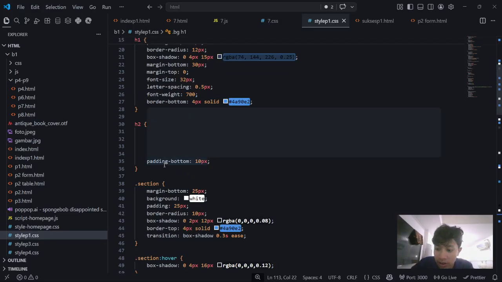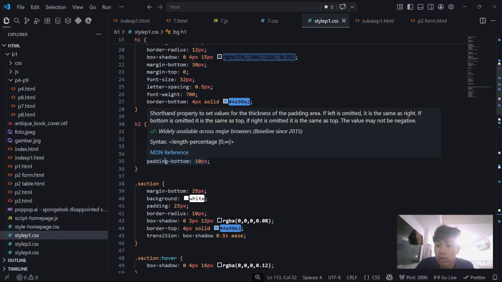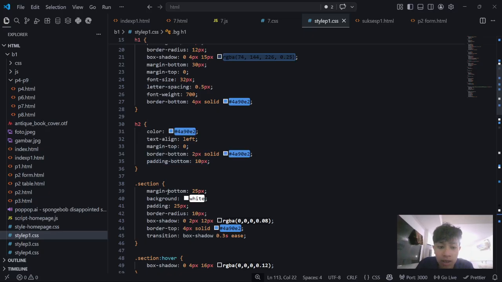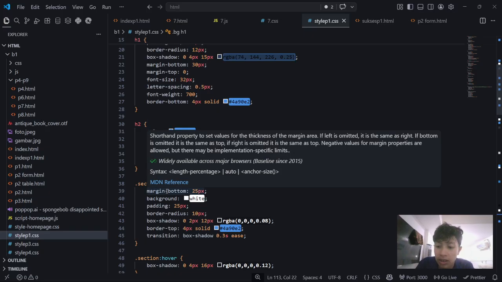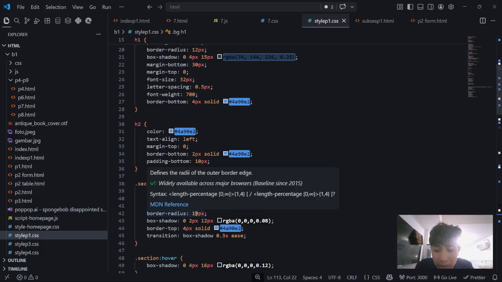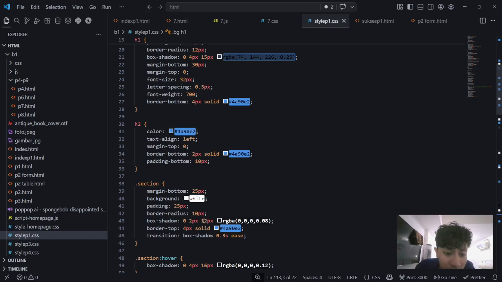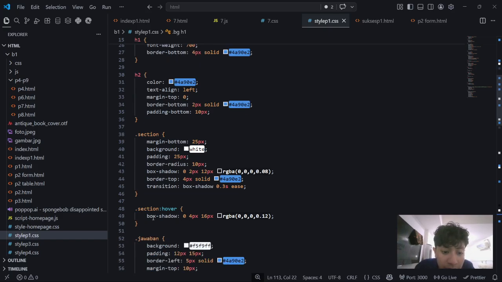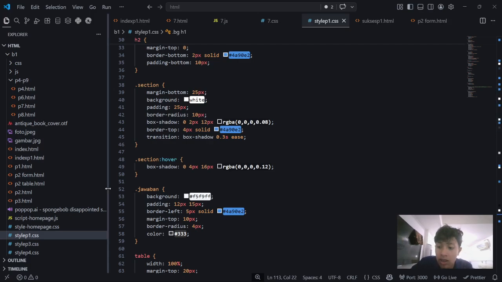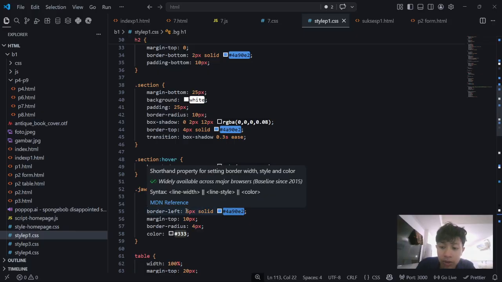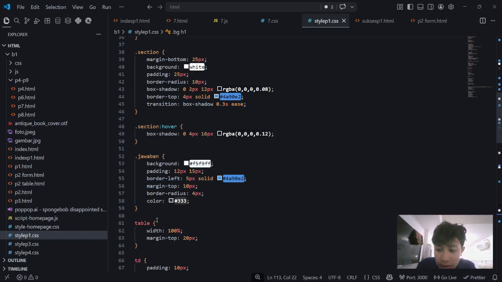The section class is designed to look like a card layout with padding, rounded corners, and a shadow effect. It also has a hover effect that makes it slightly interactive. Moving on to the answer class, the jawaban class is styled with a light background color and a left border to visually separate answers from questions.